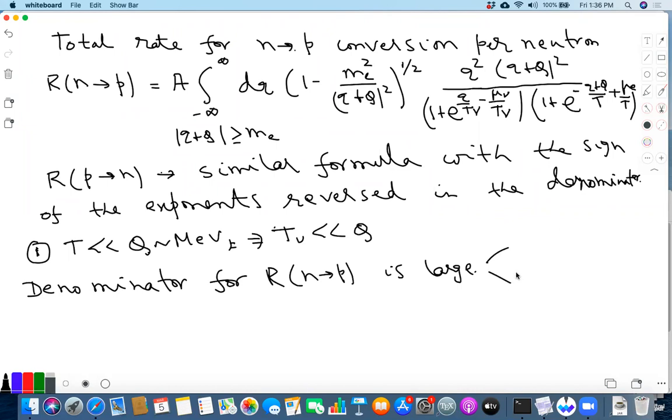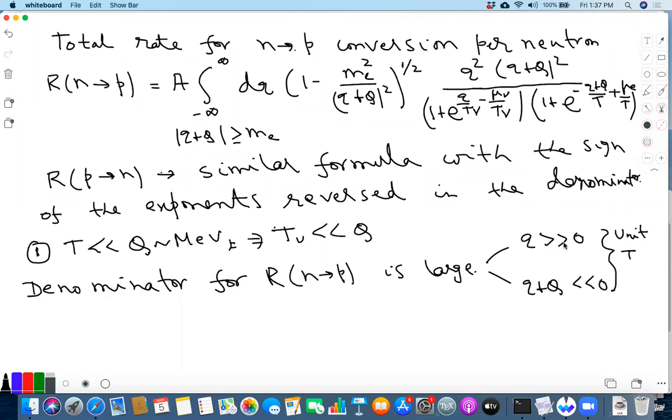in two different ranges. One, let's set mu nu and mu equal to 0 because these are small anyway. So one, it is large when q is much larger than 0, when q over T nu is large. And it's also large when this quantity is negative. That means Q plus q is much smaller than 0. And this large and small is measured relative to T. So unit is T here.